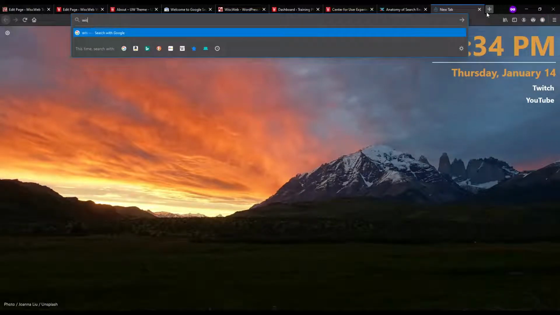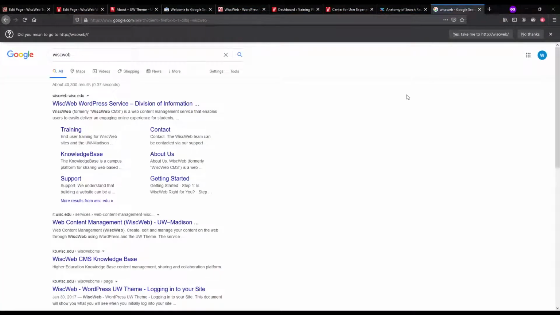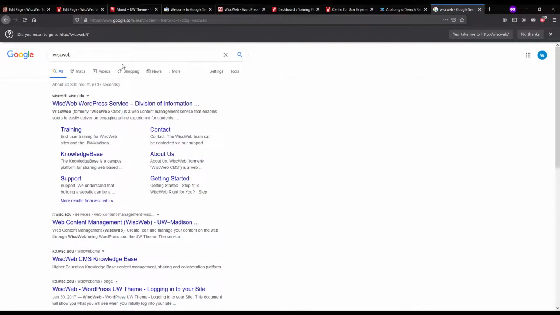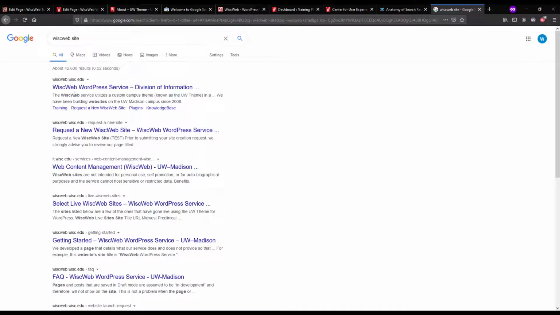First I'll type in WiscWeb, and you'll notice that the snippet that comes back is the value from the excerpt field: WiscWeb, formerly WiscWeb CMS, is a web content, etc. But now if I do WiscWeb site, it's an entirely different snippet that gets returned.